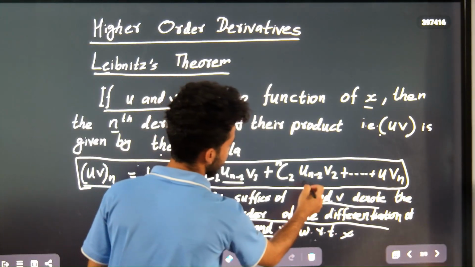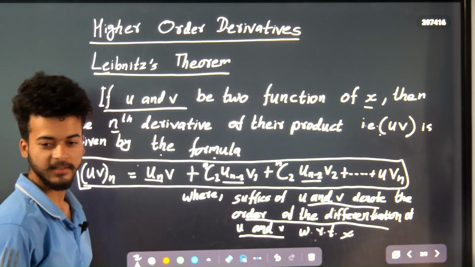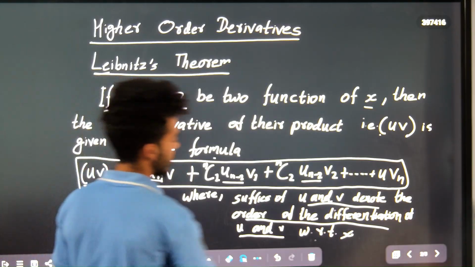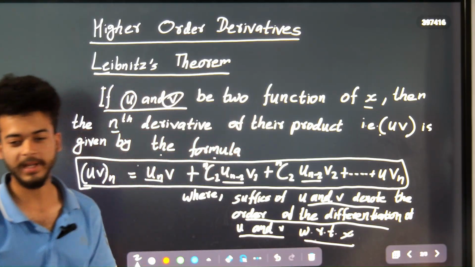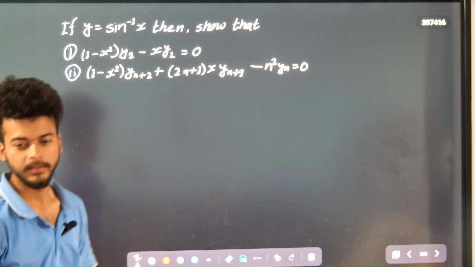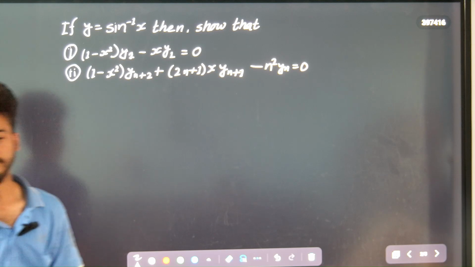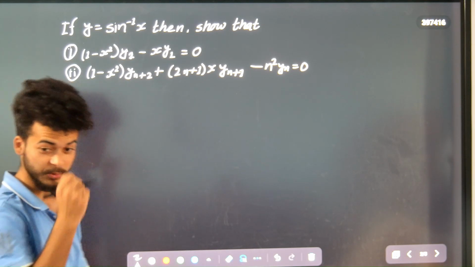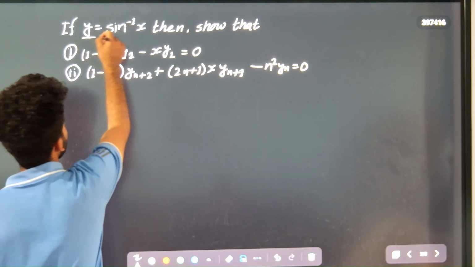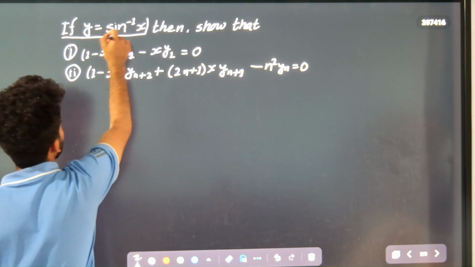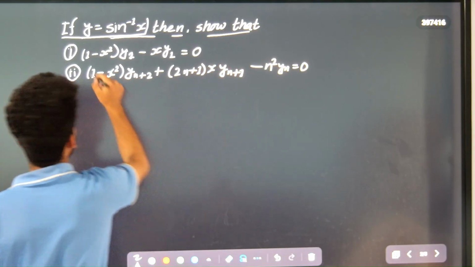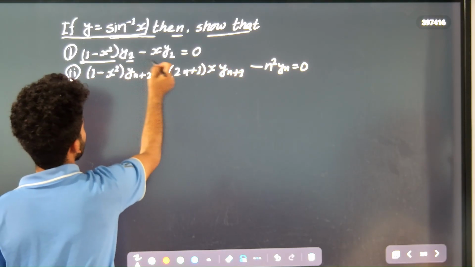Un minus 1, un minus 2, these terms are the differentiation of the original functions u and v with respect to x. Now we can solve the questions which are asked to be solved by the Leibniz theorem. This is a question which is asked multiple times by many colleges like PU, TU. So this is the question: if y equals sine inverse x, then show that 1 minus x square y2 minus